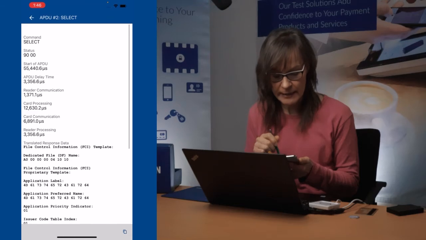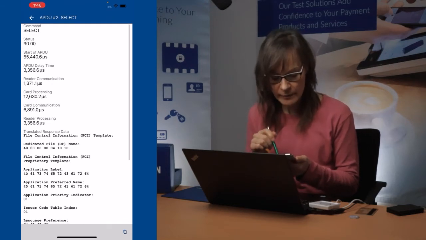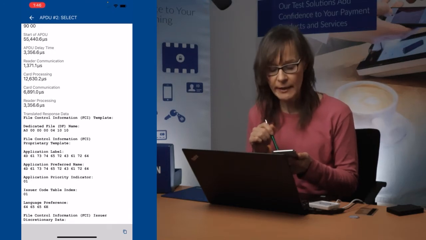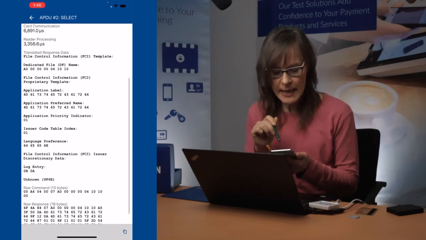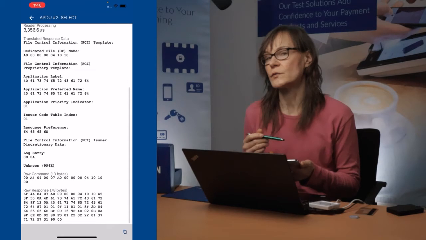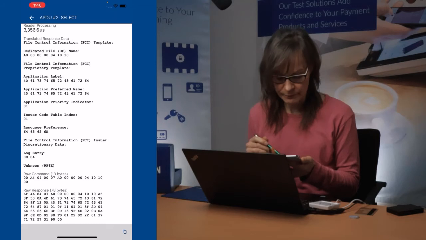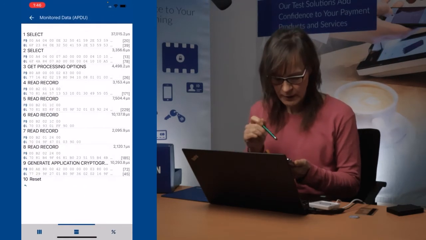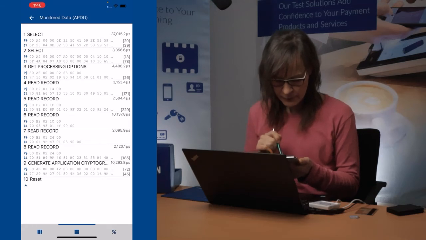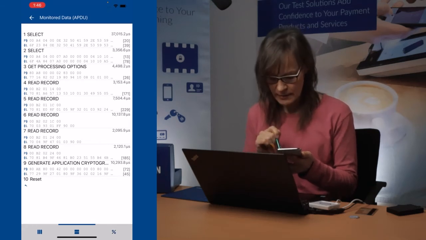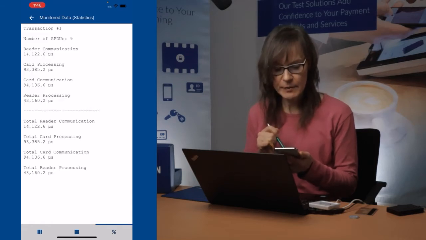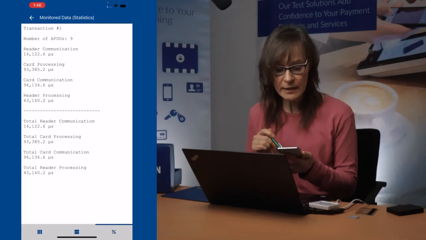On the one hand, you get the command and the status word, and then you get the timings. You get calculation of reader and card communication. I'll come to that later on. And we parse what is more or less public, so what we can access and which is without your license restriction. And then if you click on the right-hand icon, the percentage symbol, then you get